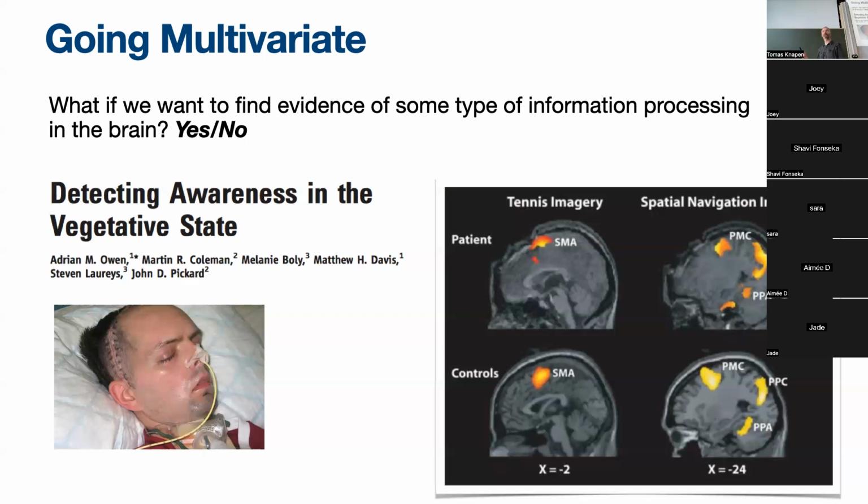Now, there are specific regions in the brain that do spatial navigation, right? And when you imagine yourself walking through your house, you're going to get a whole different region of the brain active. Now, we're talking about a pattern in the brain, yeah? Well, let's say we use as an ROI the entire brain, yeah? And our question is not, can people imagine playing tennis or navigating? Let's assume that they can, but let's assume that this gives us a different pattern in the brain. Can we then start using it to ask questions and just say to a patient that we can't otherwise talk to, say,